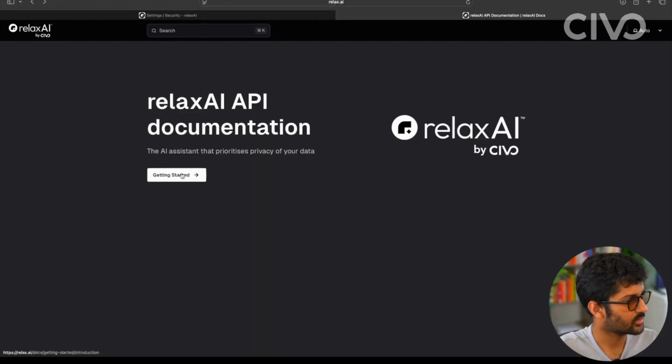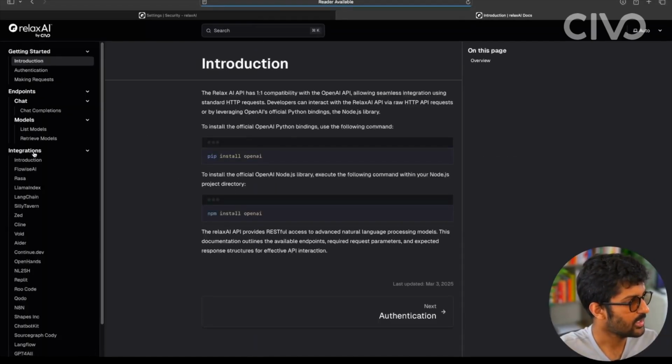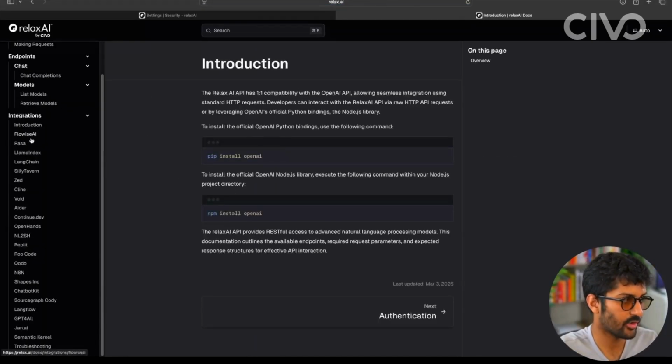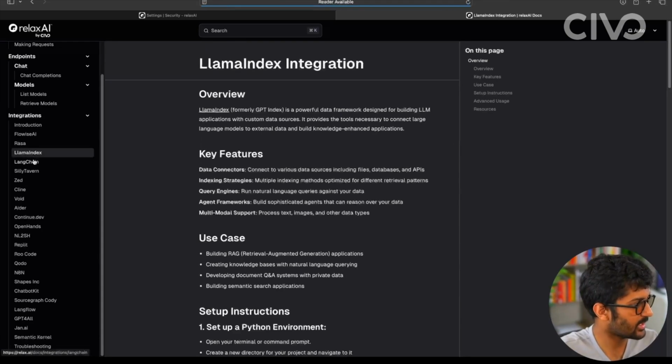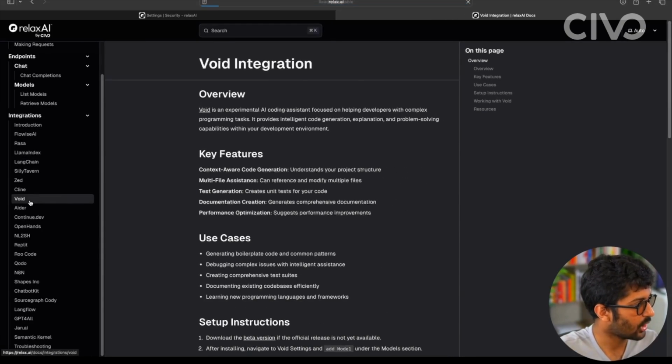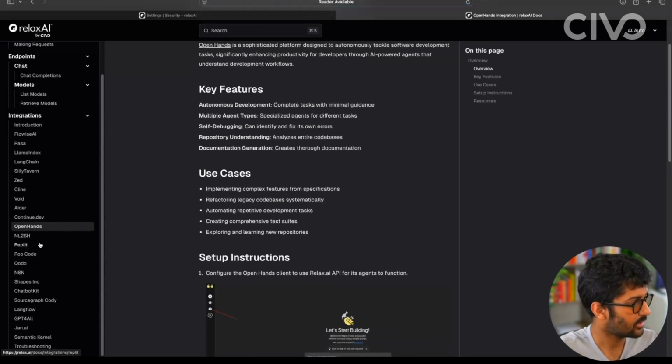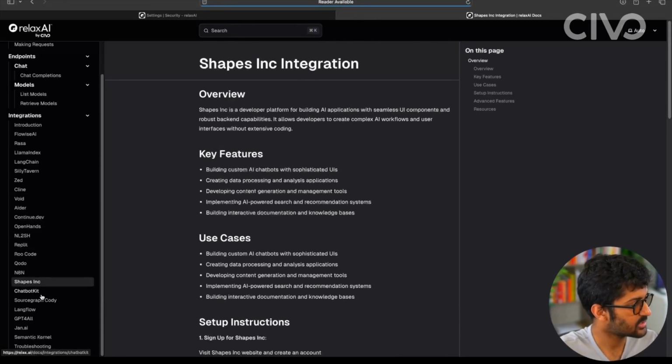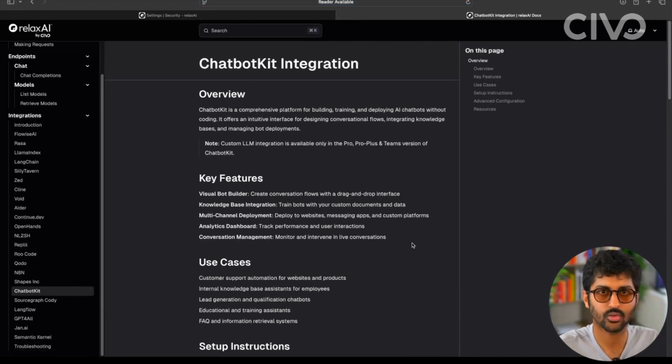You can also check out the relaxAI API documentation. Here we have tutorials for a lot of integrations. As you can see, Llama Index, LangChain, Void, OpenHands, Replit, Shapes, Chatbot Kit, so on and so forth. So that was a quick demo of how to get started with the